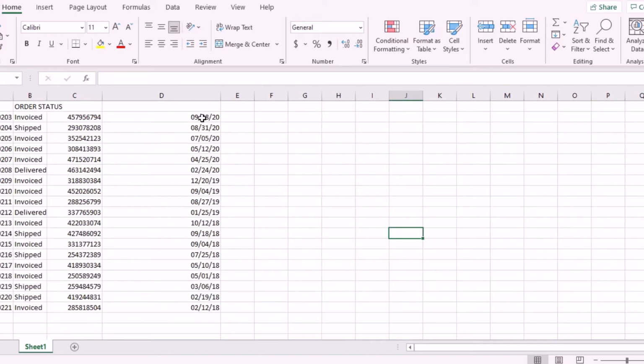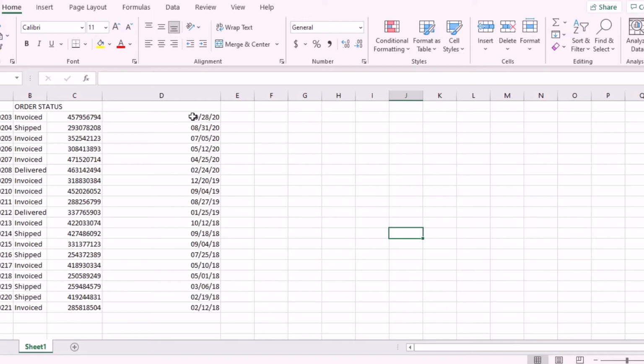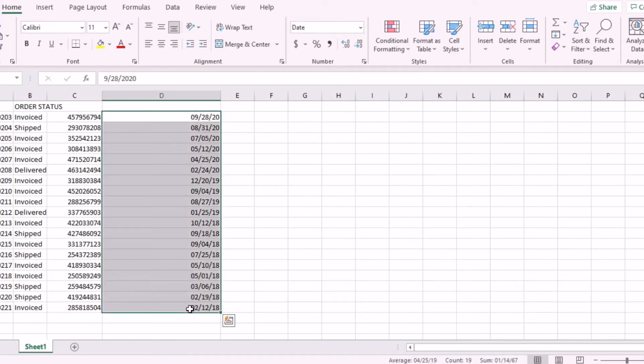Okay, so to do this, we want to change this to the format that is acceptable for SQL Server database or MySQL, and that would be year, month, and date format, which is YYYY-MM-DD. So to do that, what we need to do is select the cells you want to convert and right click. Once you right click, go to Format Cells,